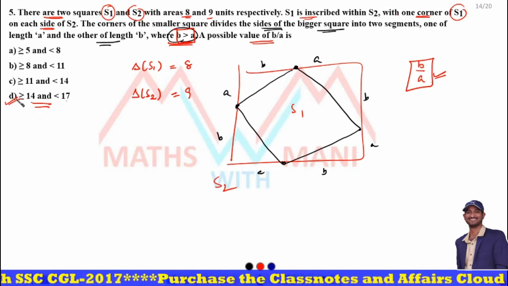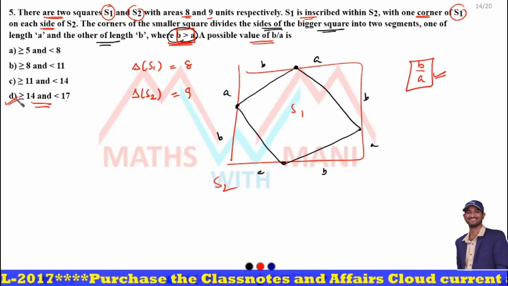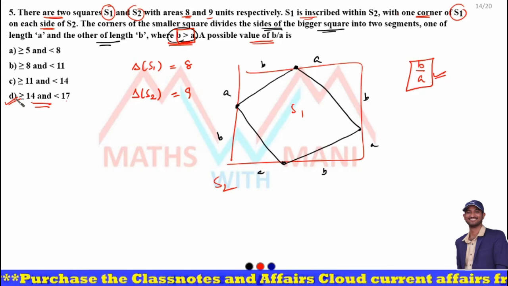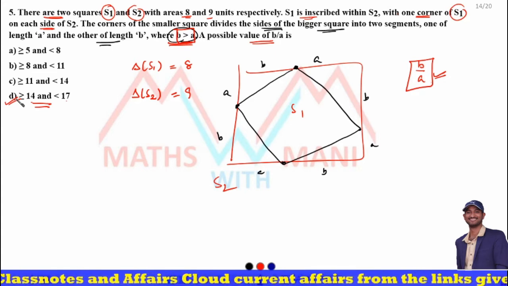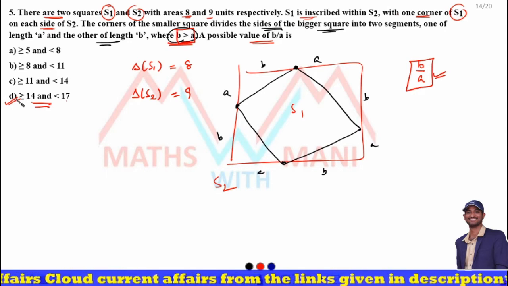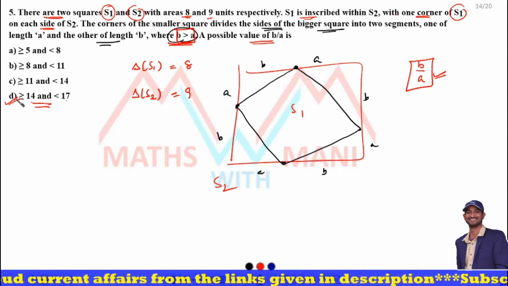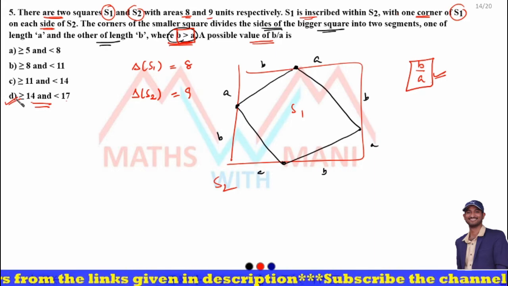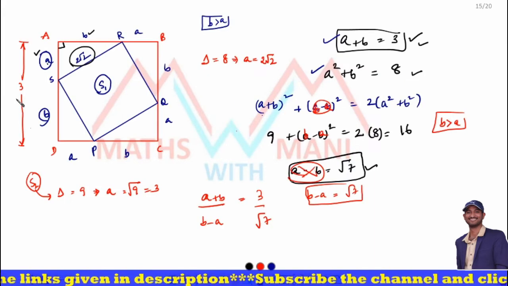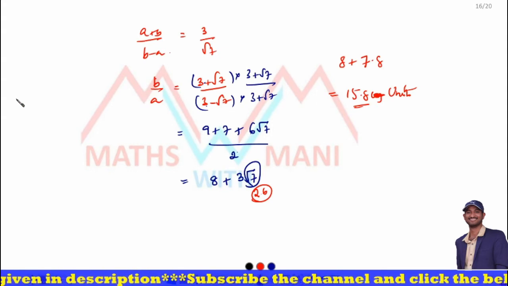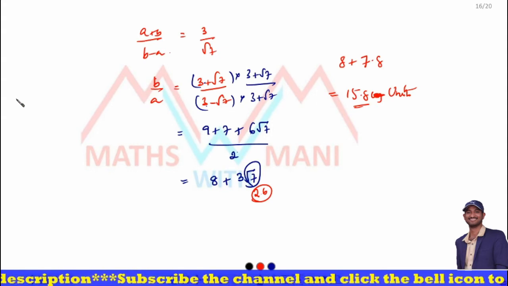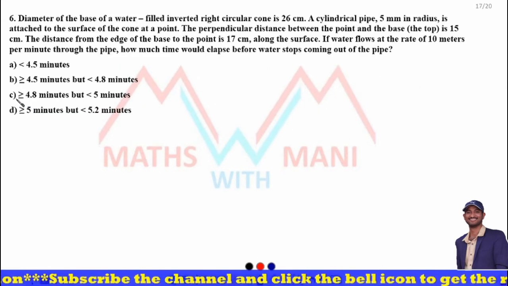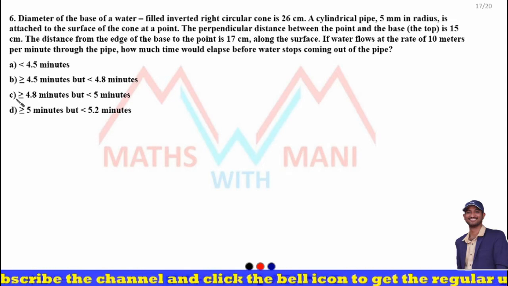In the previous questions, you have to find the limit, not the exact value. So this is the procedure, and you have to follow this method only. Clear? Very simple question, not that difficult. When you practice these types of models, you can definitely solve them in less time. Next, that is the sixth one. Very nice question. It is the last problem for this video.